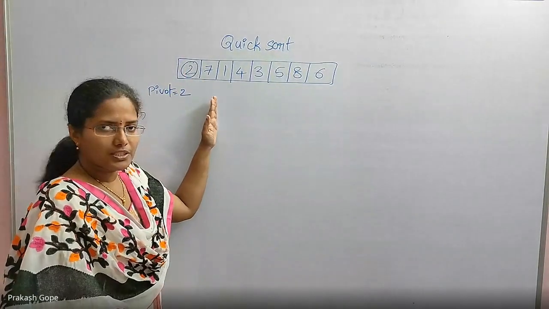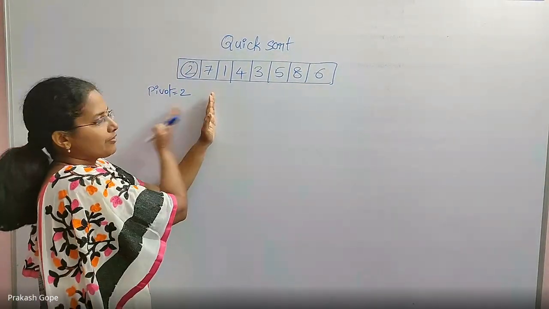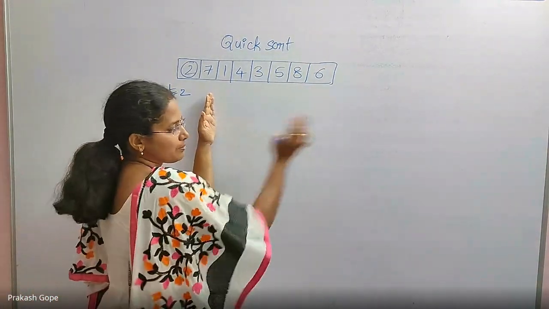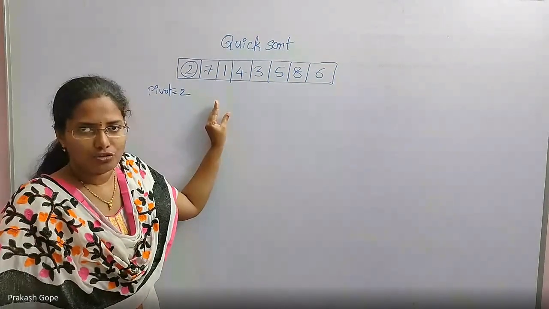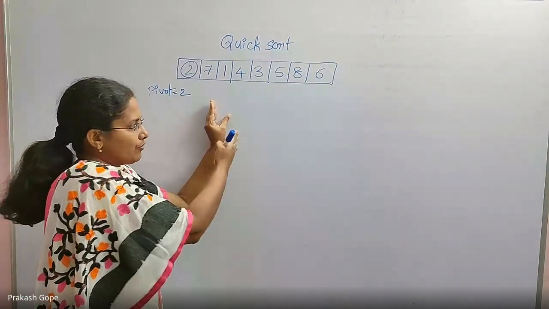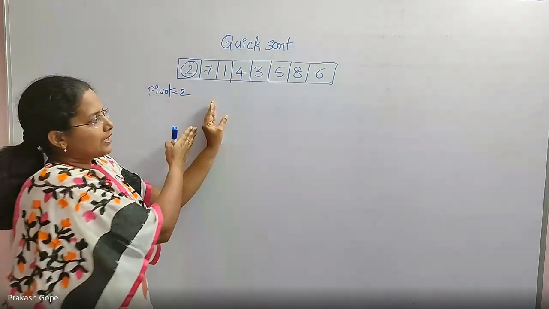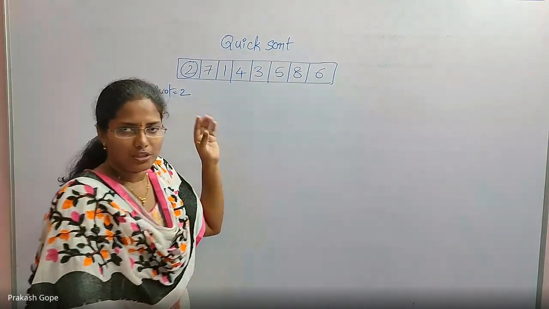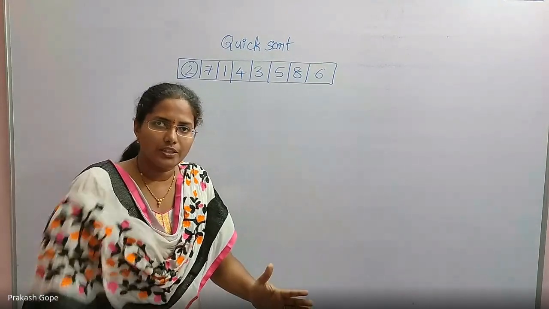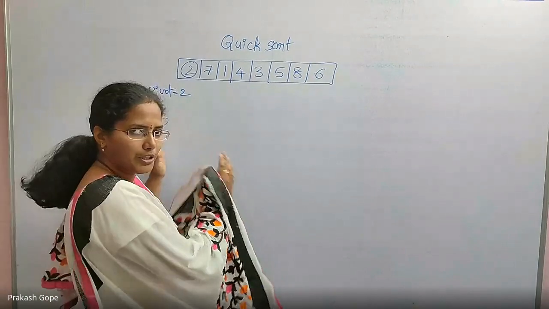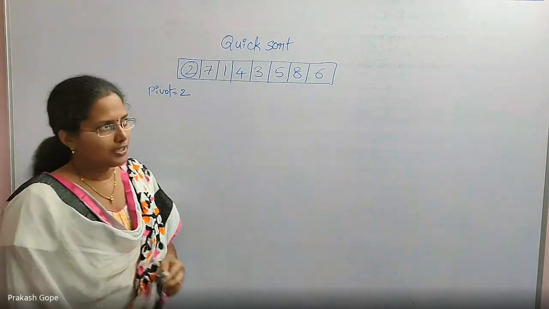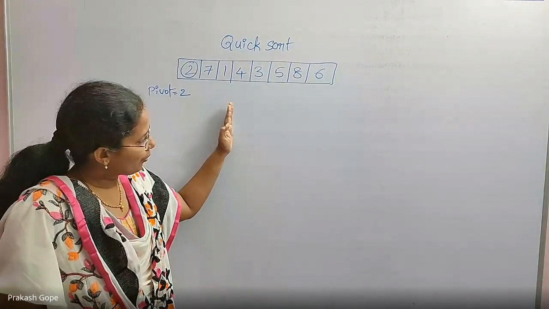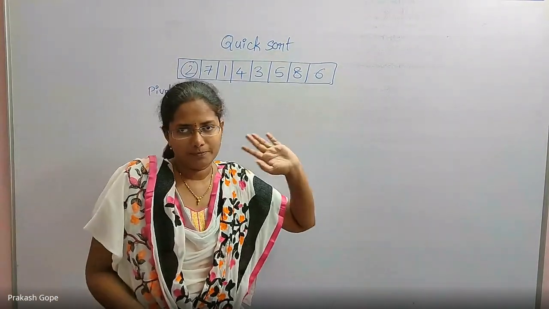Once it goes and sits in its right place, now you have this array and this array. Now you need to do quick sort on this part and this part, both. This is already done, so you don't have to touch it. Now your work is before that and after that. So I will take this array and follow quick sort on that, and take this array and follow quick sort on that. Similar to merge sort. In merge sort, we divided into two equal halves and applied merge sort on the first half and second half. Similarly, first the pivot element should go and occupy its right place, and then I will follow quick sort on the first part and second part.